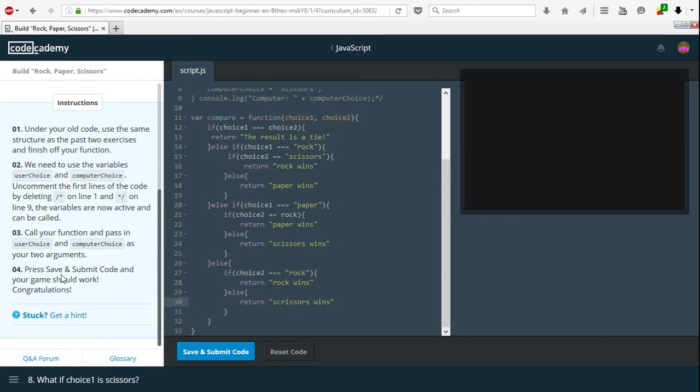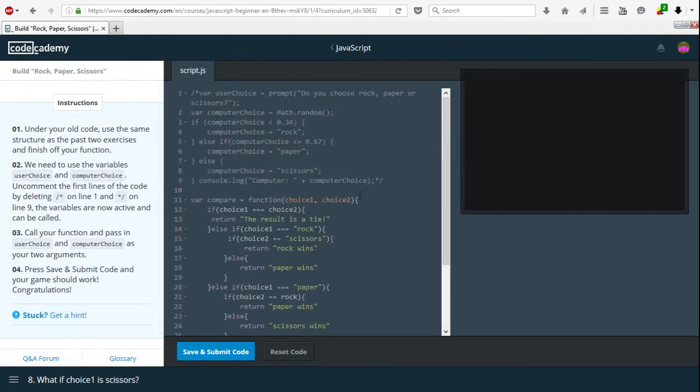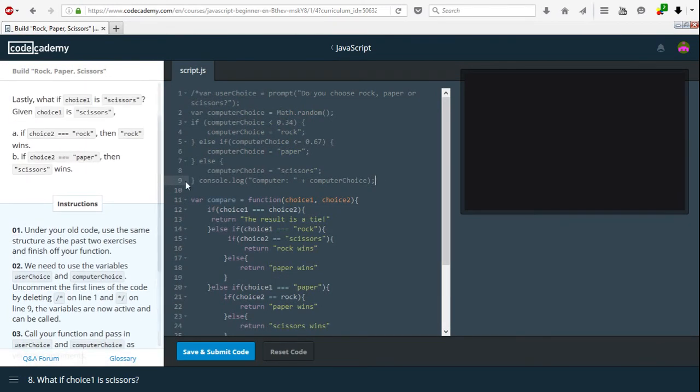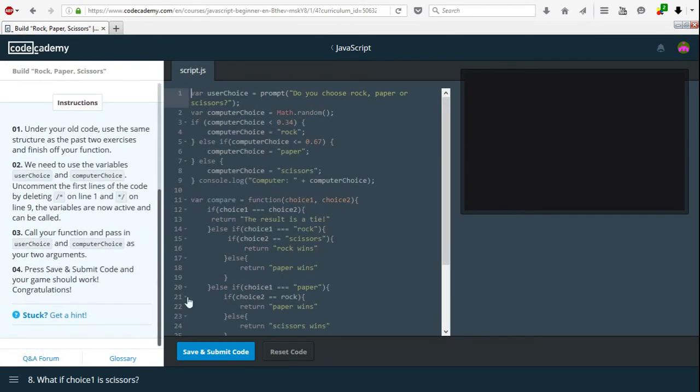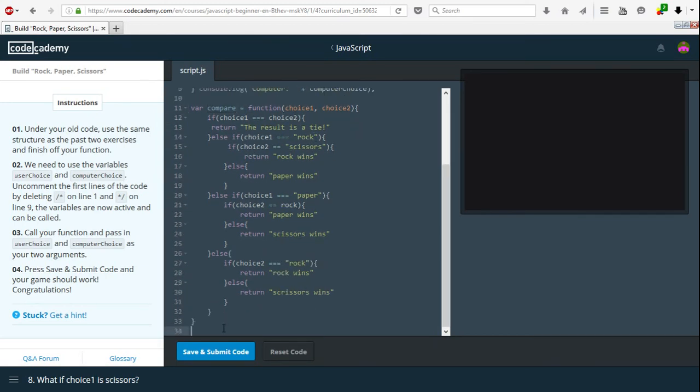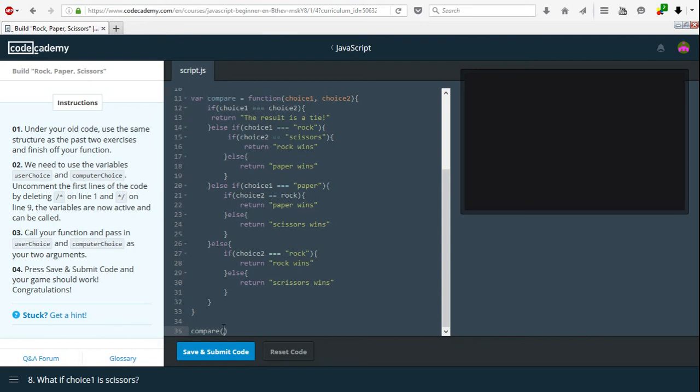We need to use the variables user choice and computer choice. Uncomment the first lines of the code by deleting the comment things. So those. And so on line 1 and on line 9, the variables are now active and can be called. So we need to call our compare function and pass user choice and computer choice as your 2 arguments. So if you do compare, user choice and then computer choice,